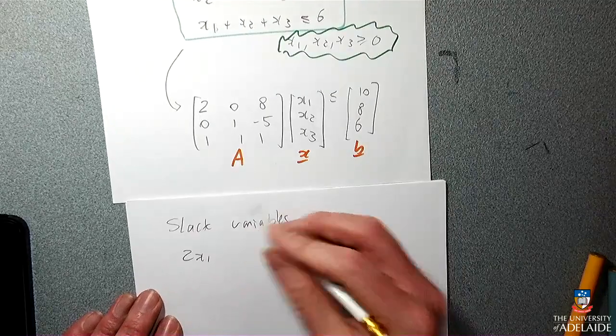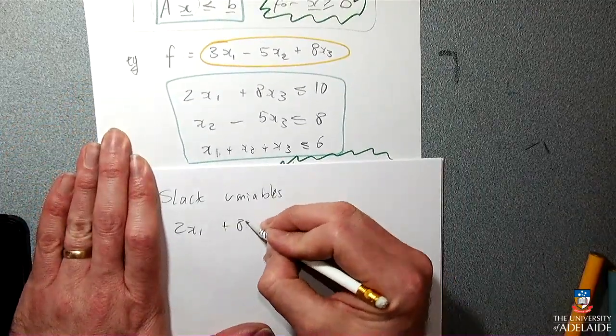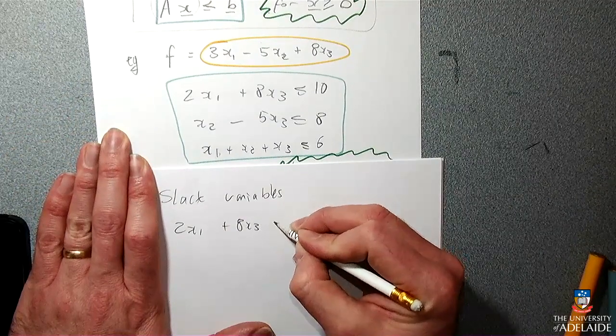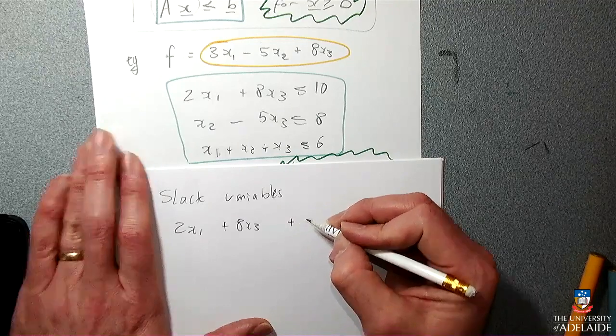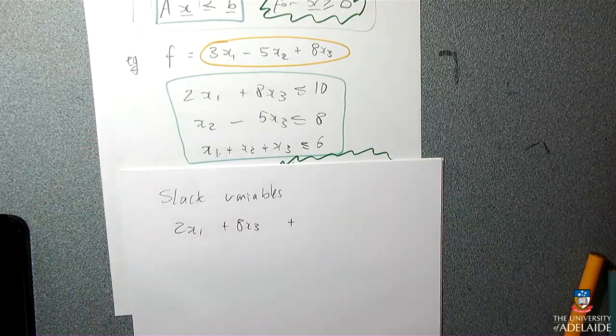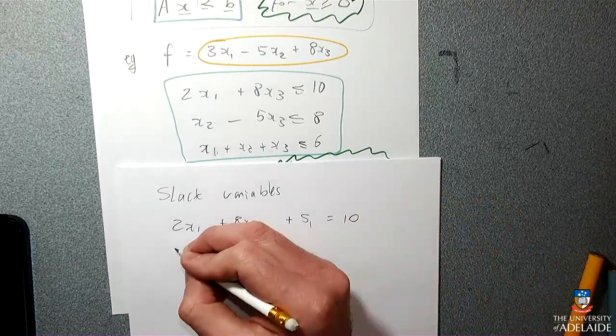Oh. So the first one, I really would prefer not to write them as x4, x5 and x6, but that's what your lecturer has called them. I would normally call them S1, S2 and S3, S for slack variable, because it helps me keep track of which one is which. Is that what the lecturer does? Do some of the tutors? Are you okay with me doing that? Okay, good. So slack variable number 1 to go with equation number 1,